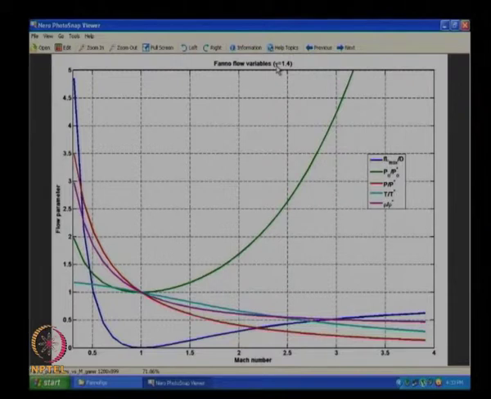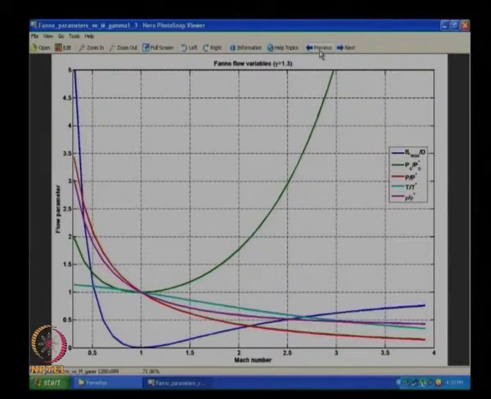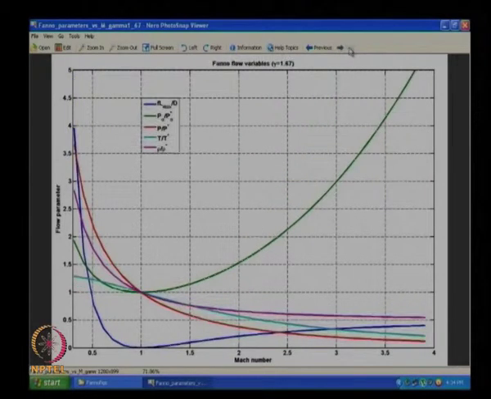If I show gamma equal to 1.3, oops, maybe I have to press this. It is just almost the same curves, there is a small difference. If you notice, the green curve and this blue curve were jumping slightly. I will go to gamma equal to 1.4, just a slight jump, not much variation.